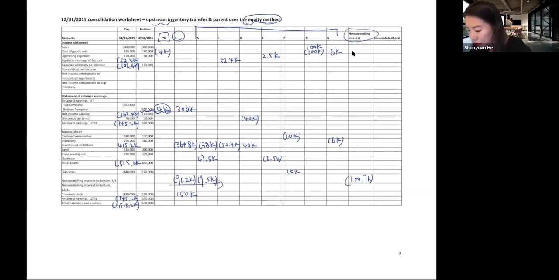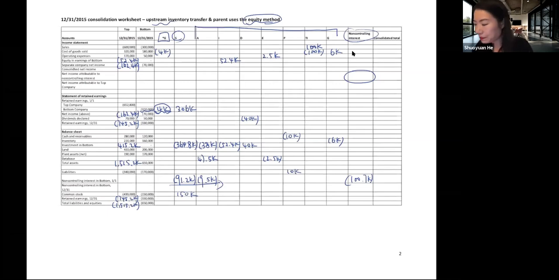And then your current year net income attributable to non-controlling interest is a little bit different from the previous situation because now we have an upstream transfer. So the profit is recorded on the subsidiary's books. And when we calculate the net income that belongs to the non-controlling interest, we should take out those intra-entity profits. And then also we need to add back the reversal of the